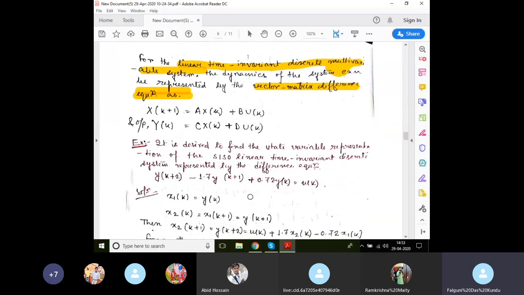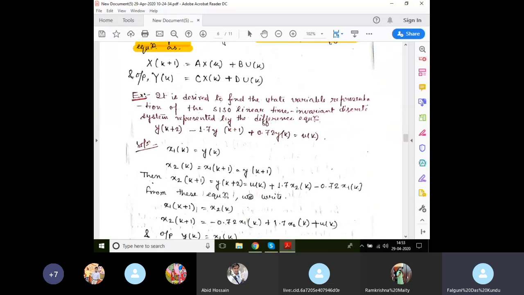Now we are going to an example for more elaboration. The question is, it is desired to find the state variable representation of the SISO, means single input, single output, linear time invariant discrete system, represented by the difference equation y of k plus 2 minus 1.7 y